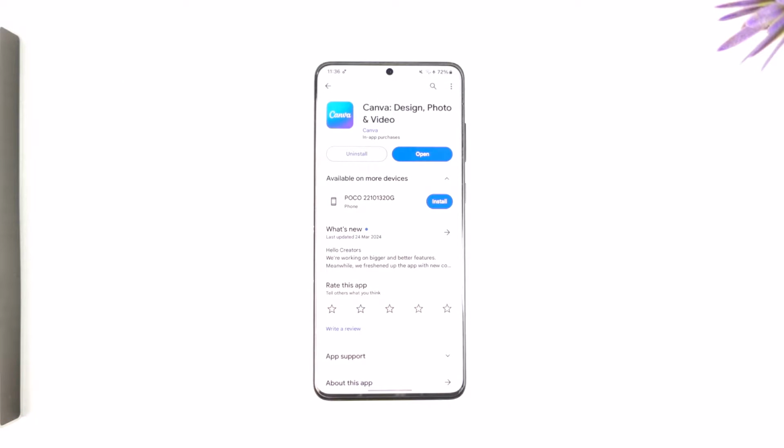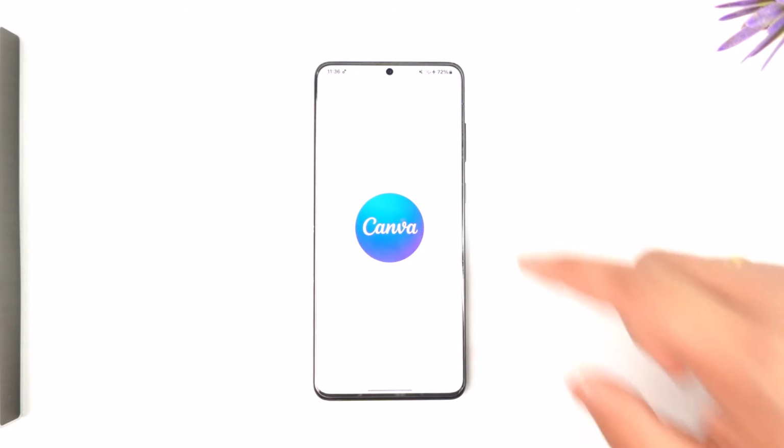In this video we're going to learn how we can log into Canva account, so make sure to watch the video till the end. Now if you want to log into Canva account, it's actually very simple to do so. All you have to do is just go to canva.com and then you're going to see this type of interface over here, right? Then once you log into Canva over here and then you open the Canva app,